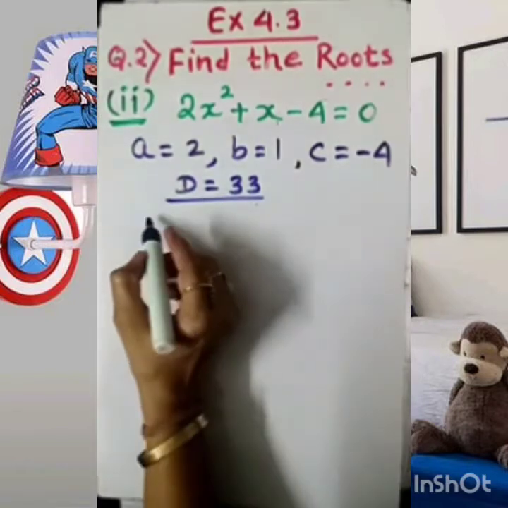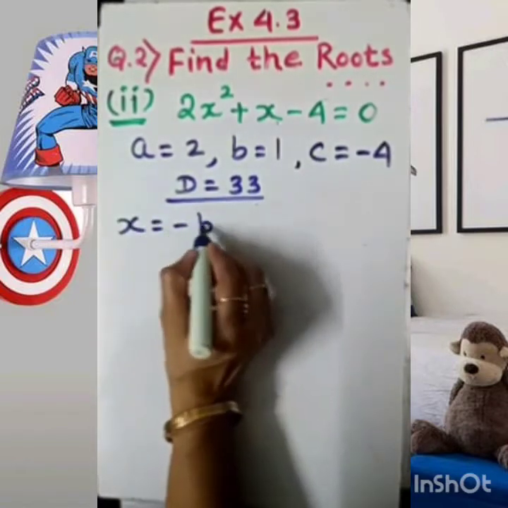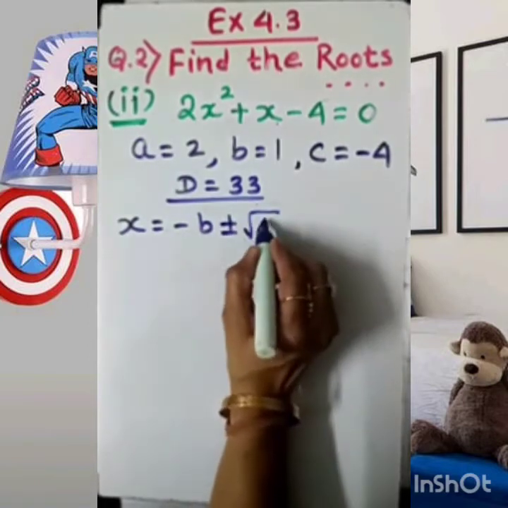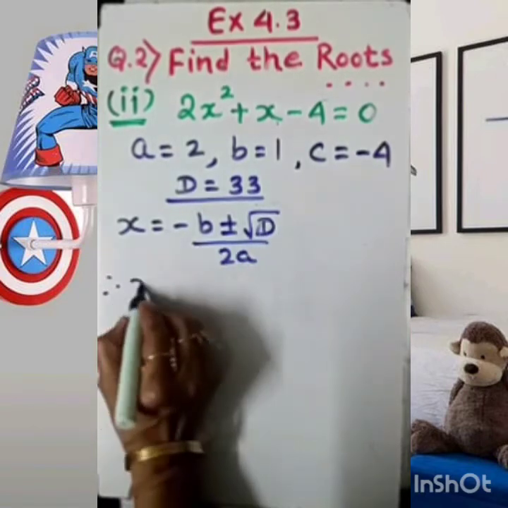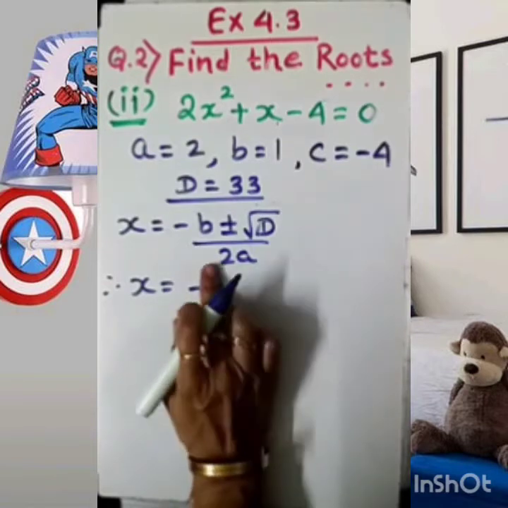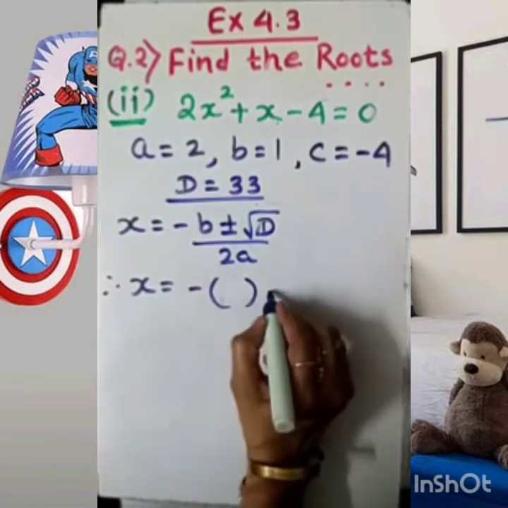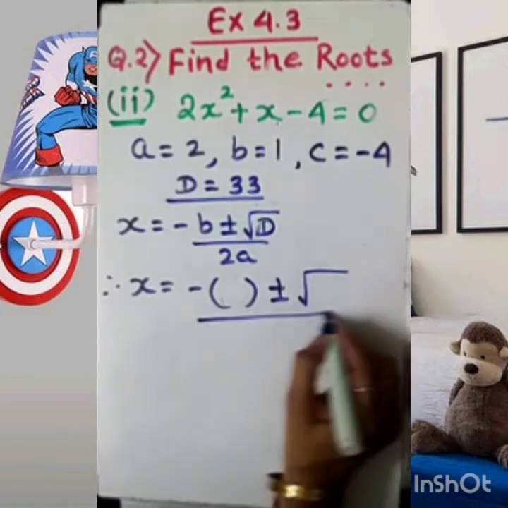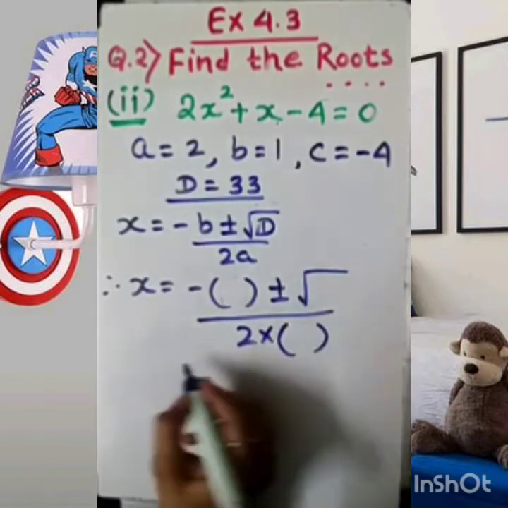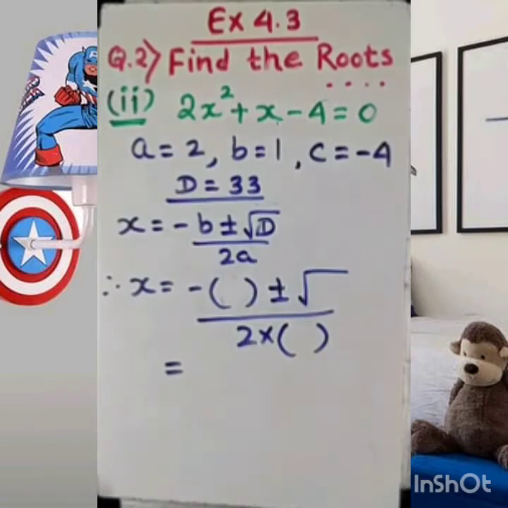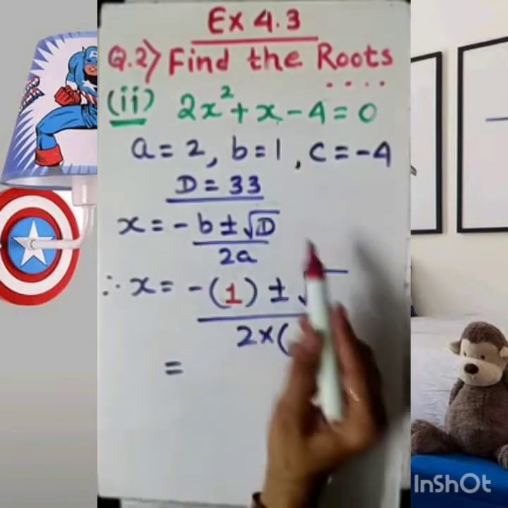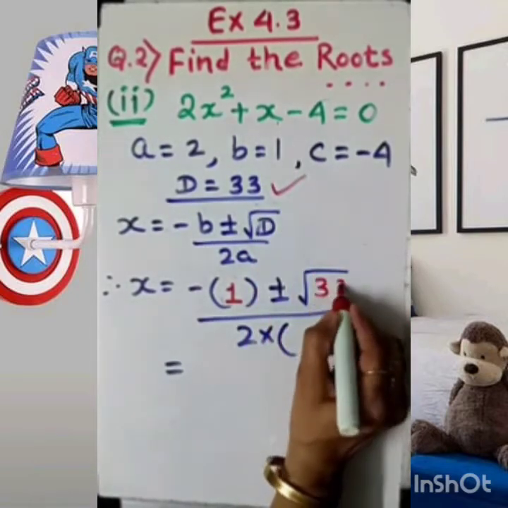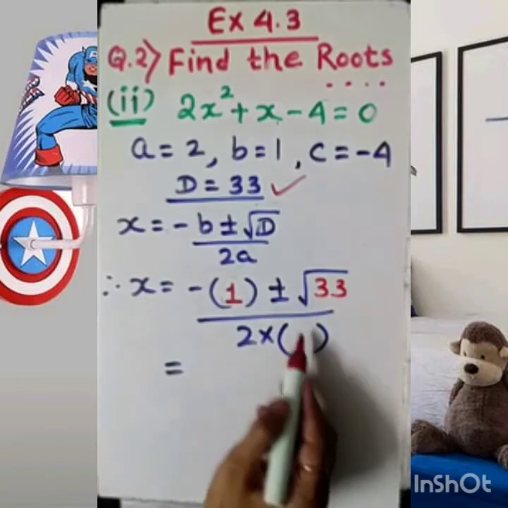Yes, students, let's apply the quadratic formula. x equals minus b plus or minus under root of b squared minus 4ac, upon 2a. This is the formula, and in this formula I am going to substitute the values. So let's work out what is b here. Observe carefully. What is b? It is only 1. Minus is already here, don't touch it. C, its value we have already found, is 32. And here I need to put the value of a, that is 2.